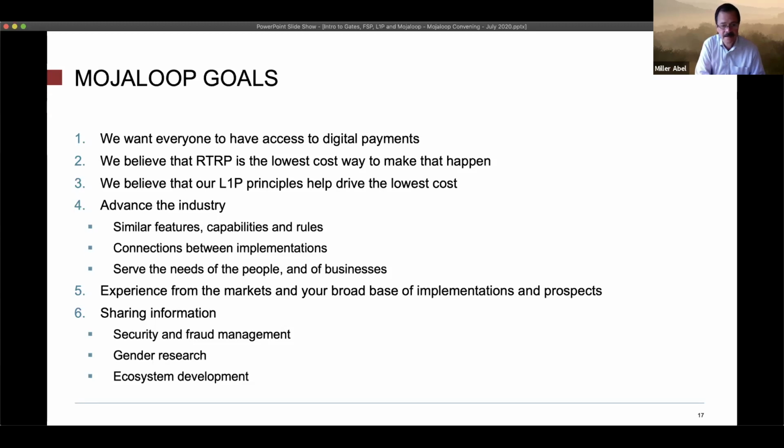And as Matt mentioned, also, we're keenly interested in empowering women. There's been a tendency to just design for everyone. And what we've discovered is that if you design for everyone, you're designing for men. And there are unique requirements for designing payment systems for women. And to really understand that and to track that more closely, any data that we collect from the systems that we operate as the Gates Foundation, we would like that data to be disaggregated by gender so we can observe what's going on and we can observe the effects that any of the interventions that we have would be made.